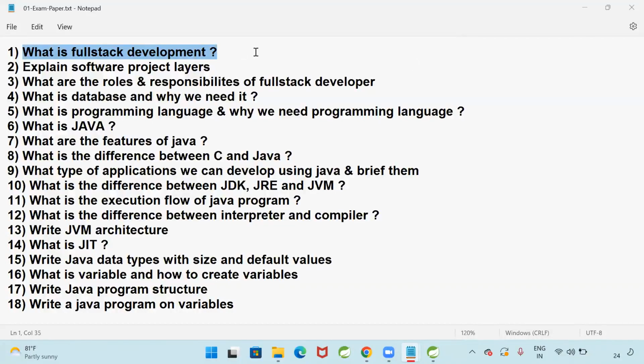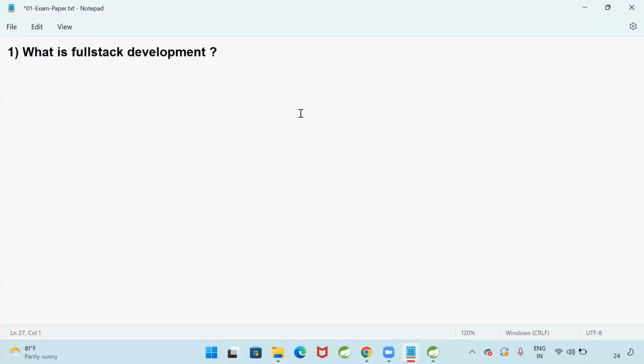What is full stack development? Write the answer. Don't read all the questions, guys. First write the first question. I will give one by one. What is full stack development? Where is the answer?